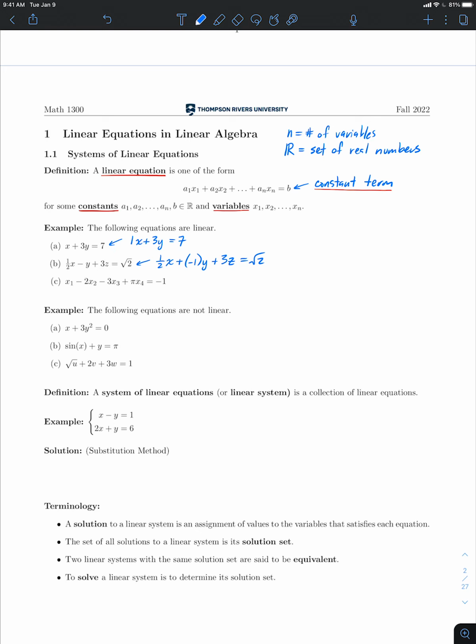So that includes all the positive whole numbers, all the negative whole numbers. It includes 0, fractions, and decimal numbers, whether they terminate or not, whether they repeat or not. It includes all of them, whether the numbers are rational or irrational, like the square root of 2 and pi, like we just saw appear in linear equations here and here. There's no problem. We're allowed to have any real number at all appear as either a coefficient